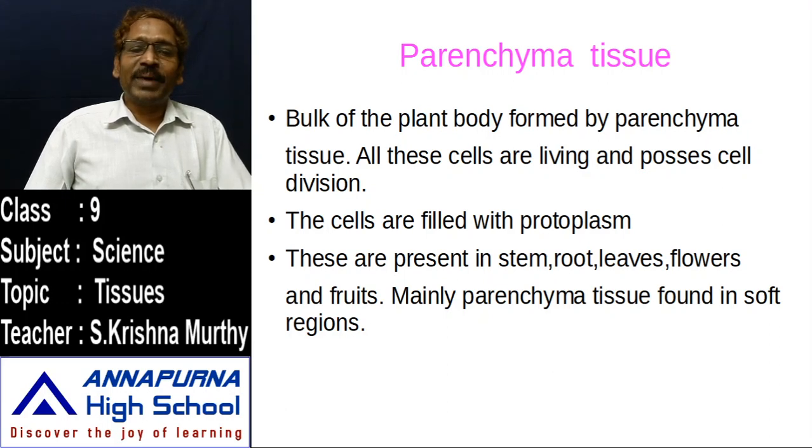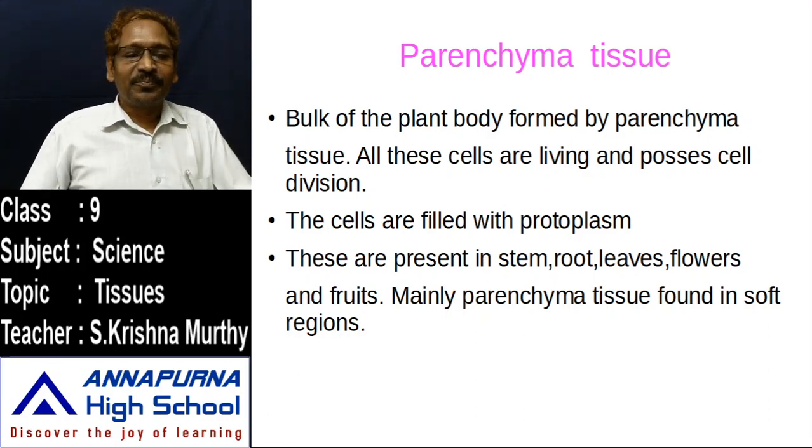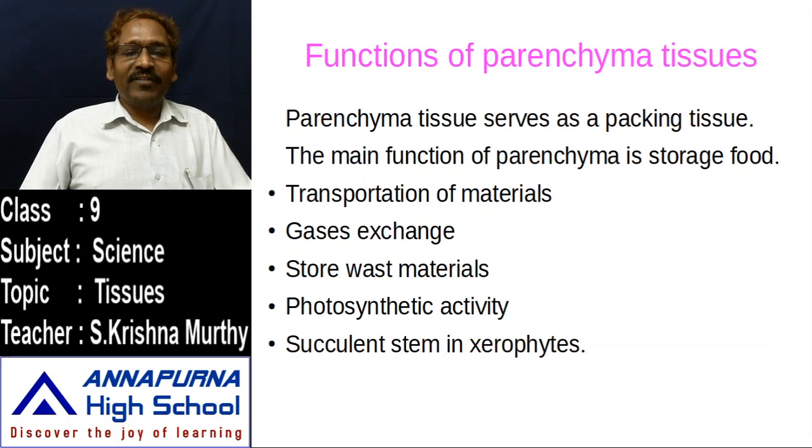These parenchyma tissues are present all over the body parts of the plant. What about the stem? Whether it is a tender stem or hard stem, root, hard or tender, and leaves, flowers, fruits, every part of the plant contains parenchyma tissues. Wherever parenchyma tissues are present, that entire region is very soft. Look at these parenchyma tissues: different areas are occupied with living and non-living cells to do different kinds of actions.